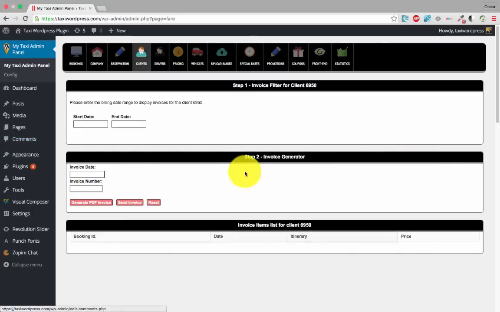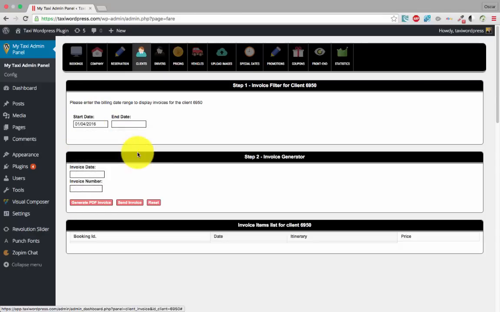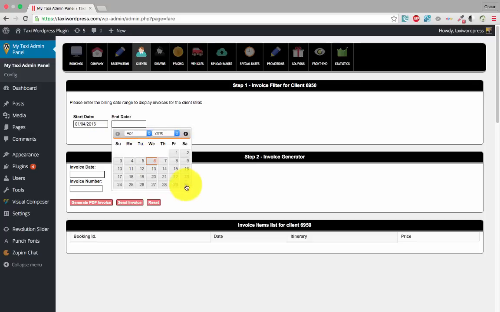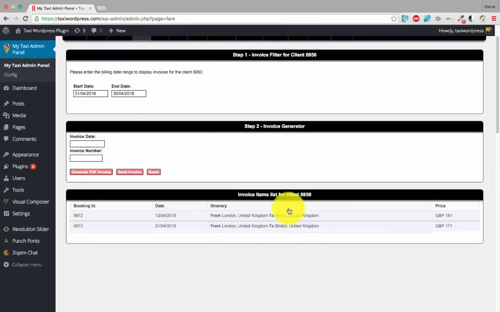Here you have how to make an invoice for customer. The first thing we ask is the start date you want to put to make the invoice. For example, 1 of April to the final of the month, 30. In this case, we have 2 jobs to invoice the